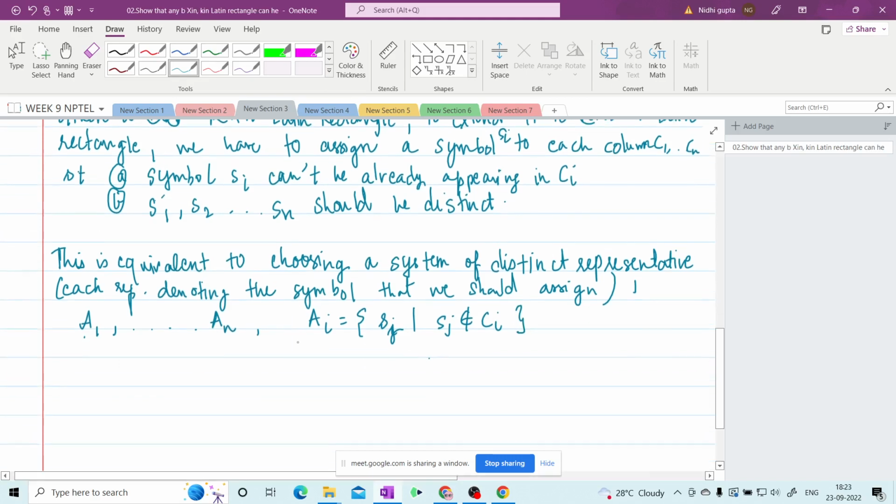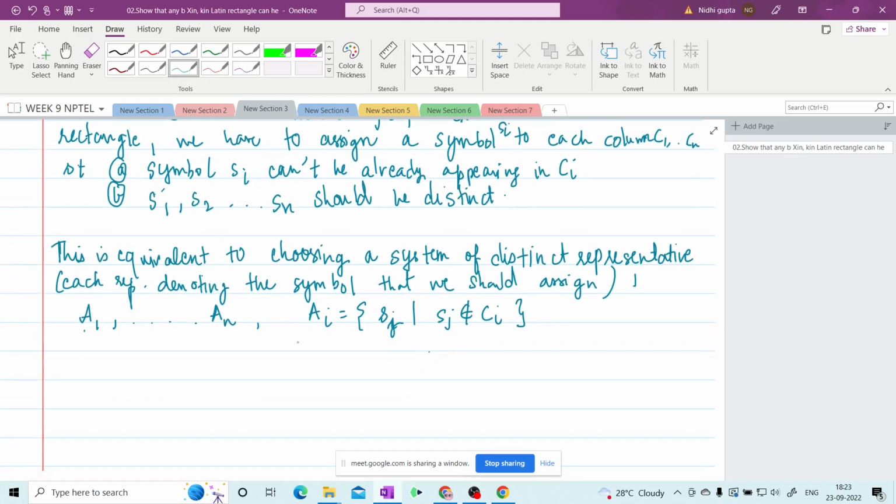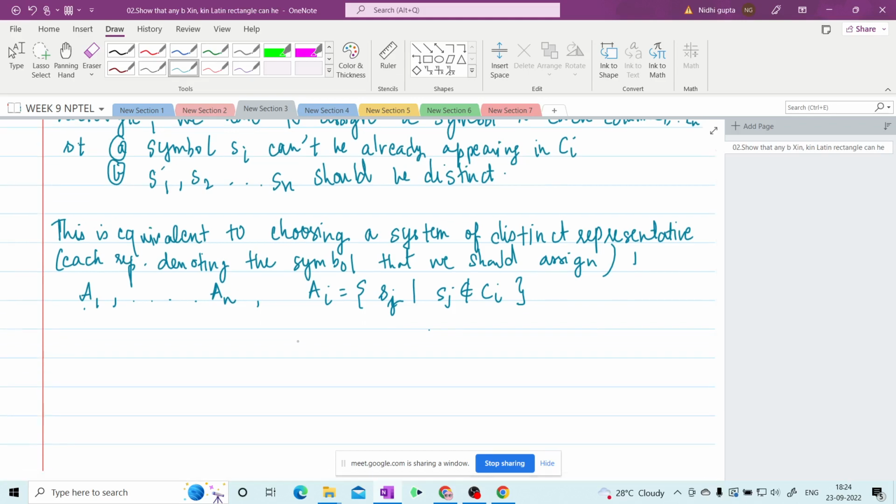So our problem is now reduced to choosing a system of distinct representatives from this n-tuple of sets Ai. And we have seen in class that choosing a system of distinct representatives is equivalent to finding a matching